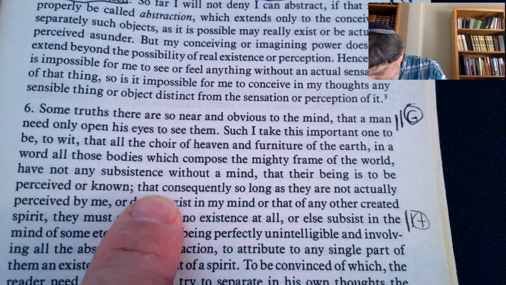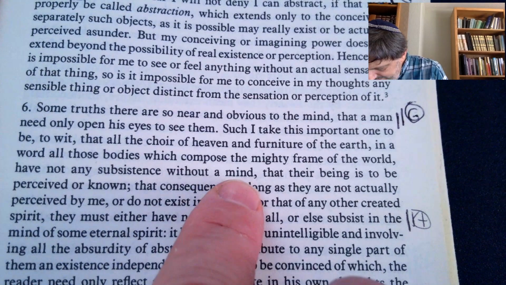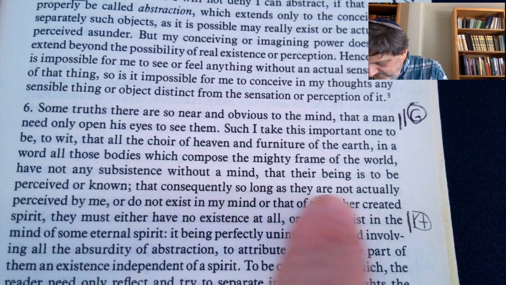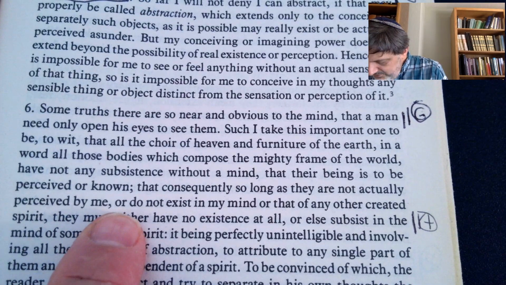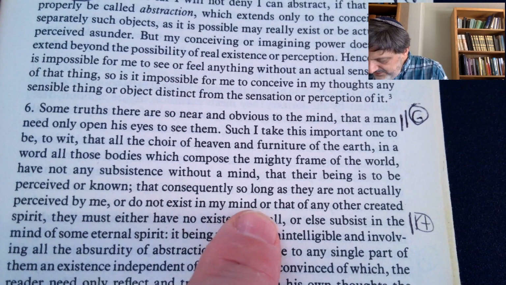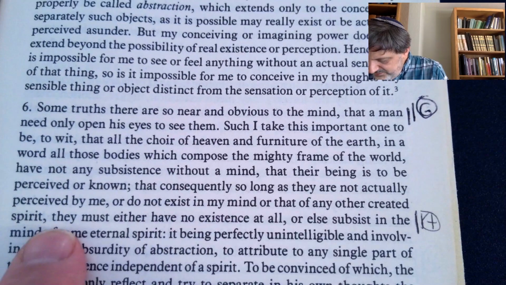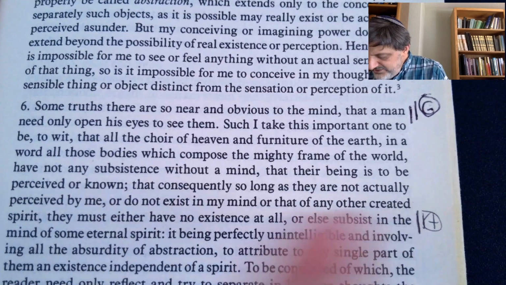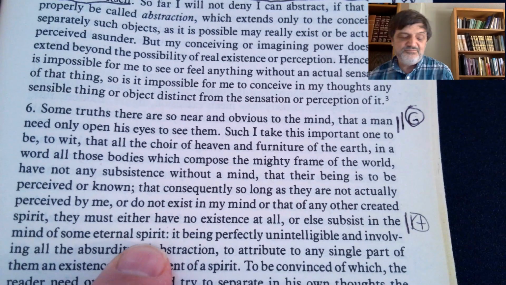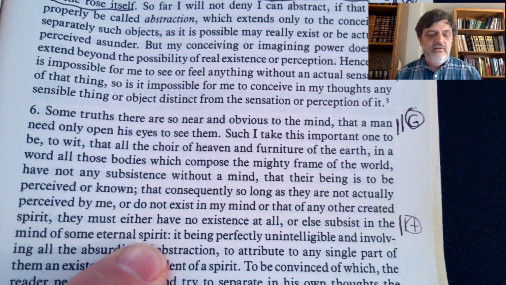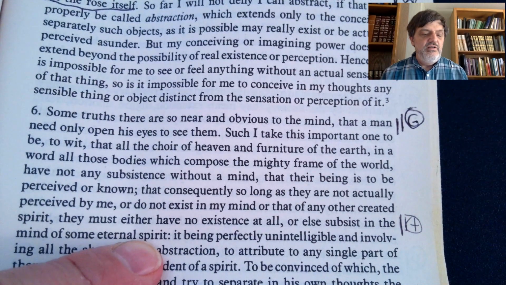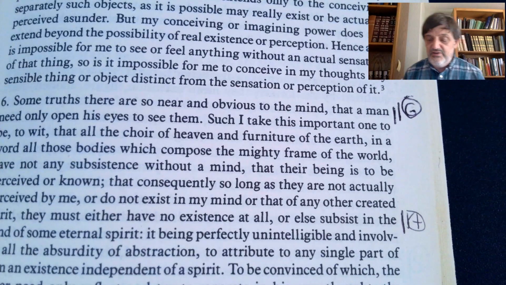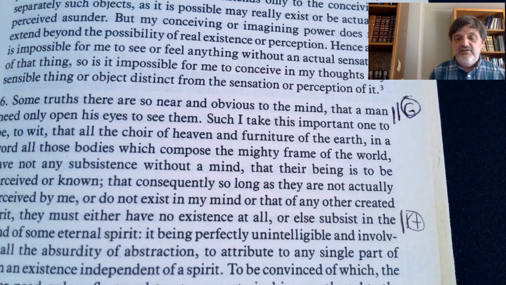And he says that they have not any subsistence without a mind, that their being is to be perceived or known, that consequently, so long as they are not actually perceived by me, or do not exist in my mind, or that of any other created spirit, they must either have no existence at all, or else subsist in the mind of some eternal spirit. This possibility is, right, so the possibility for a thing existing, like, let's say,